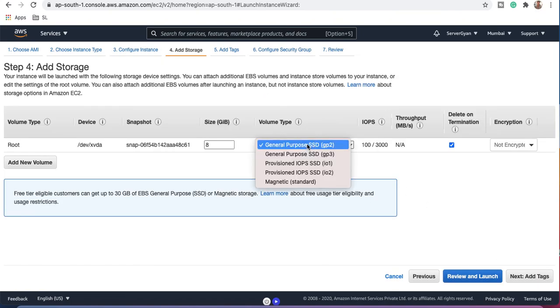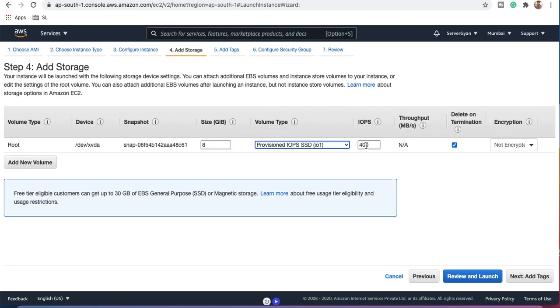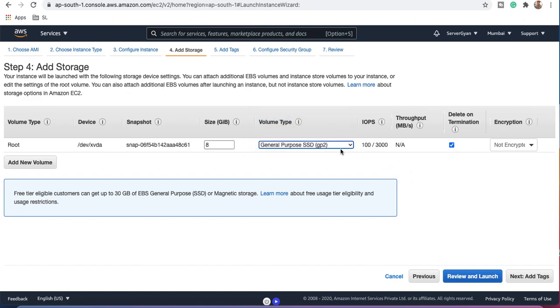Storage. Earlier there used to be only 3 options, but right now we have 5. So these are new options available here. Like we have the GP3 type, so we are going to get higher IOPS with this. We have IO1, so we get limited IOPS. Then we have IO2, where we get a different type of IO here, and magnetic, right? So for this particular video I'm going to keep the standard one, that is GP2, general purpose SSD.